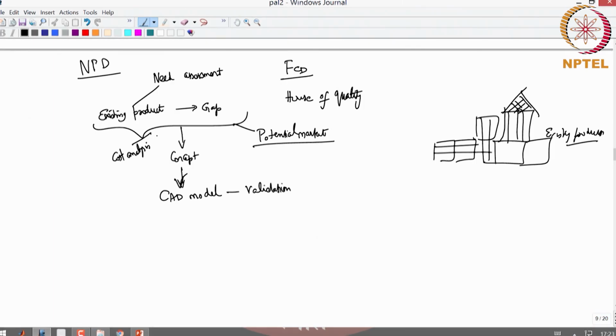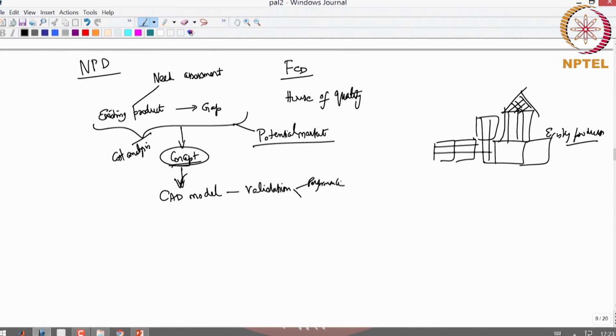There's one step here, because when you say concept, there's not going to be a single concept. You might come up with multiple concepts and you might want to evaluate them, and that's what this cost analysis is for. Using a cost analysis, you choose one, or you can do an efficiency analysis; it need not be just cost, it could be something else also. So based on that you come up with a concept. We set the concept, but the concept selection itself is a process. After that you build a CAD model and try to validate it. What I was trying to say is more from a performance perspective.